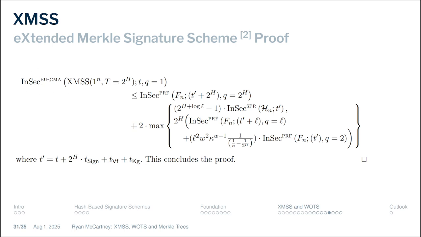It is the advantage of breaking the EUF-CMA property of XMSS with an instance of security parameter n and the tree, which consists of 2 to the power of h many nodes, bottom Winternitz signature nodes, and the polynomial time t, and the oracle query of q equals 1, many one-time signature queries per Winternitz one-time signature. We want to show that this term at the front here is negligible in the security parameter,